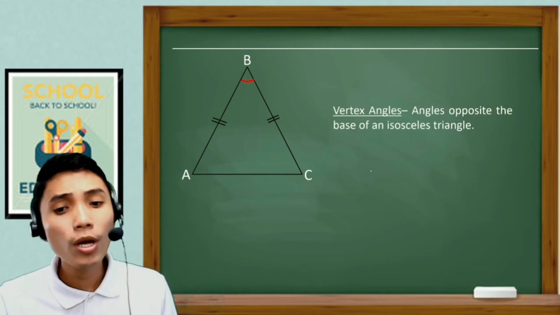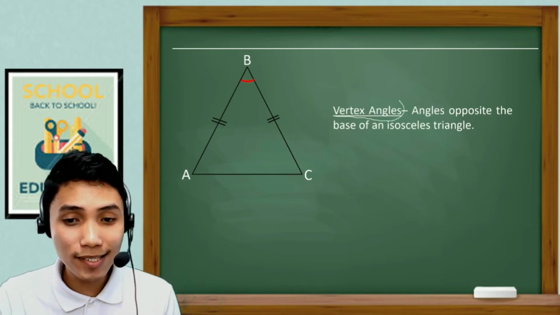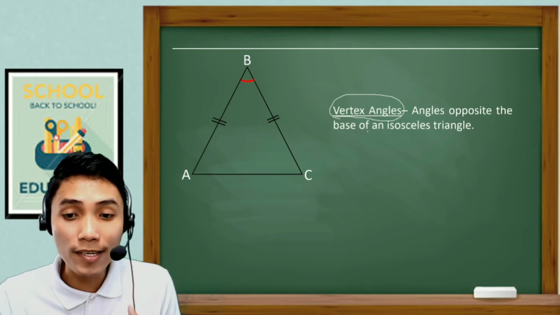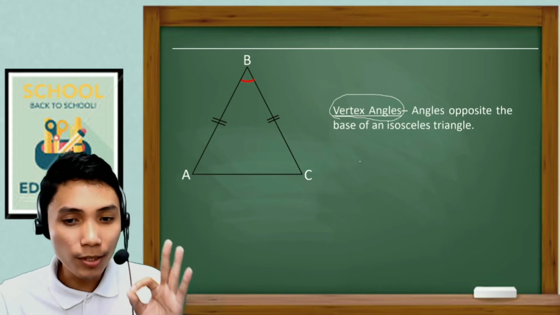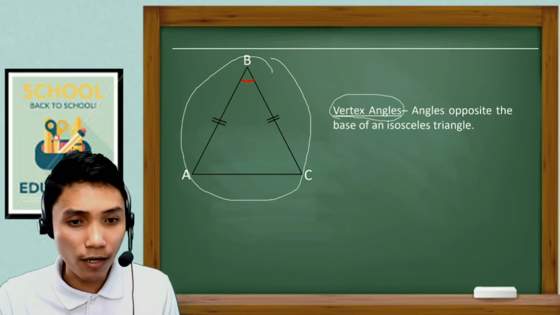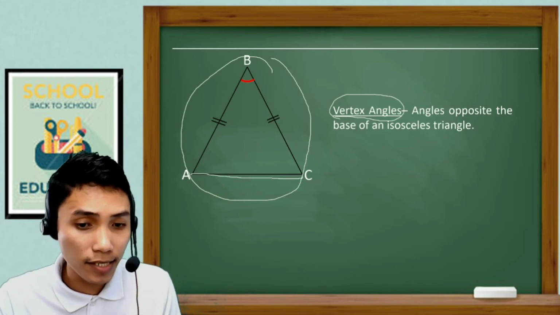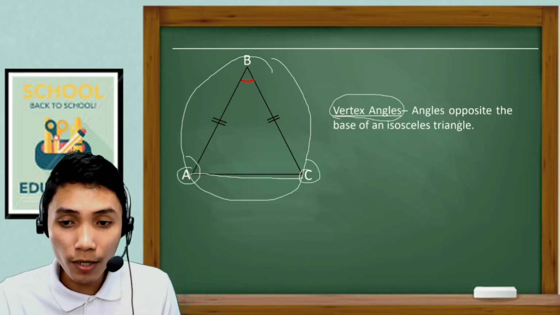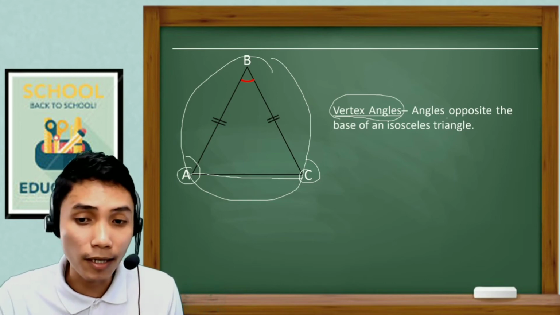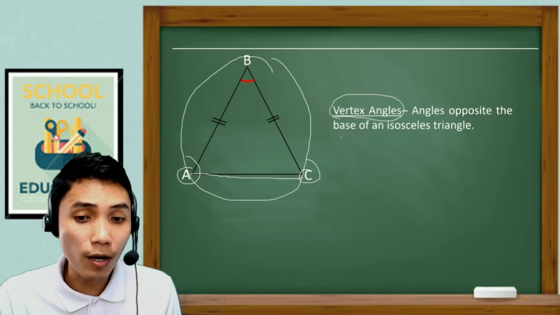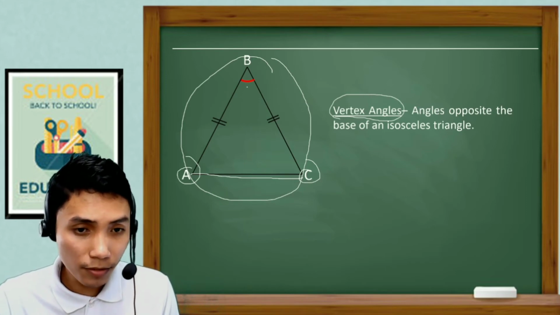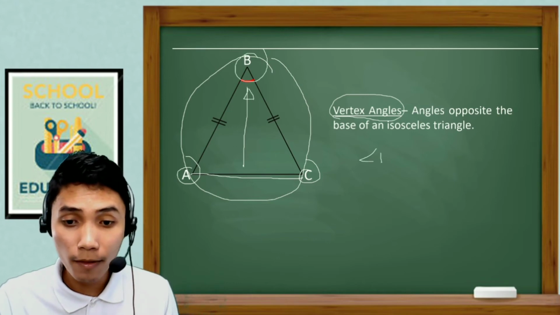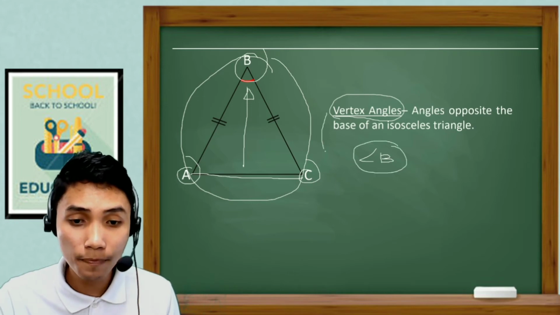Okay? Now, we have here also vertex angles. The vertex angles, that is opposite the base of an isosceles triangle. So look at the figure. So kaning nga figure, ang atoang base ani is kaning line AC. Di ba? Mao na siya ang atoang base. So ingon diari, ang vertex angles daw is opposite the base of an isosceles. So the opposite of the line AC is the angle B. Okay? So the angle B, that is our